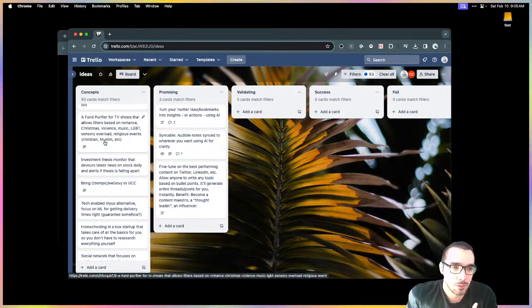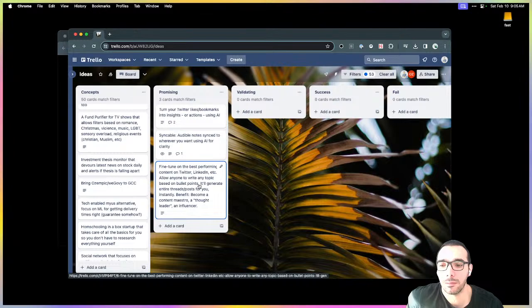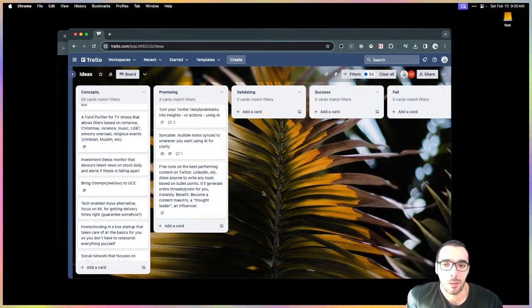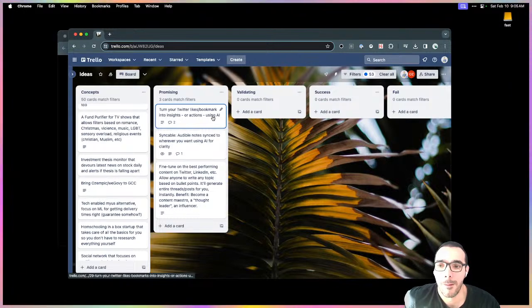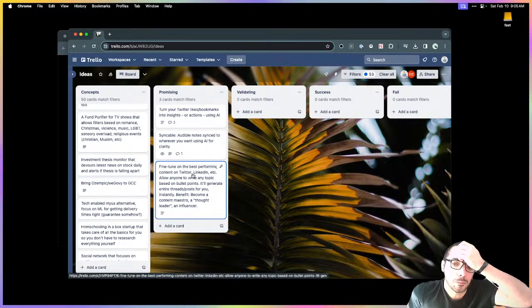Because again, these are useful. These are actually valuable. These are things that I would personally use. So whether it's the Twitter bookmarks thing, or Syncable, or fine tuning for LinkedIn, yeah, thought leader. I definitely want to be a thought leader. Why not? Yeah. So these three I think are very interesting in their own right.